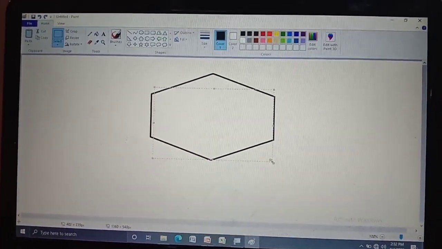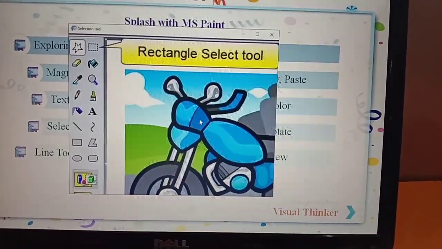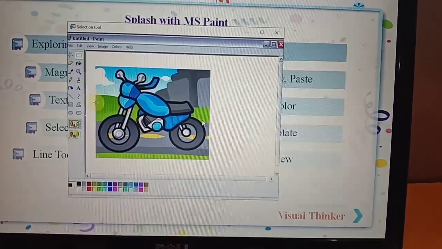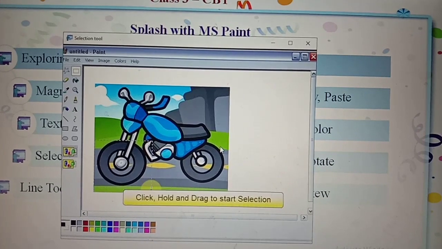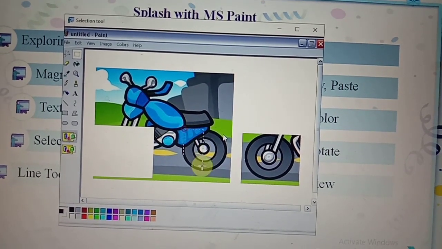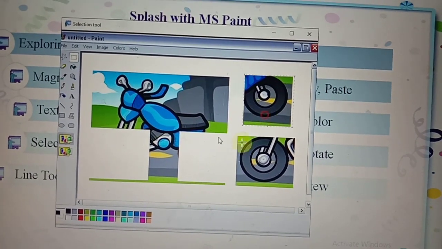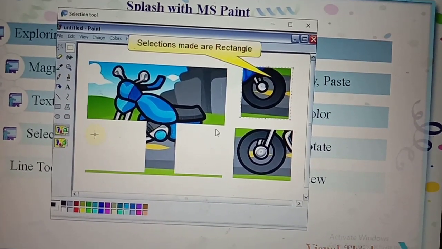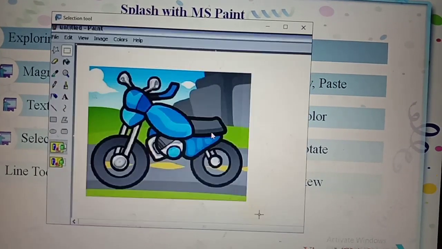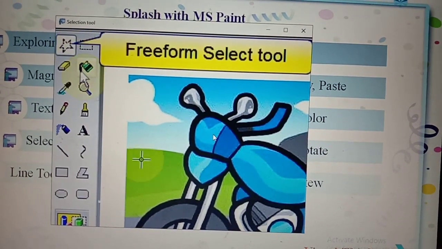See here children, this is the procedure to select. Currently we are using a rectangular select tool, so click on the particular part. The selection made is rectangular. Now we are going to use a freeform select tool.